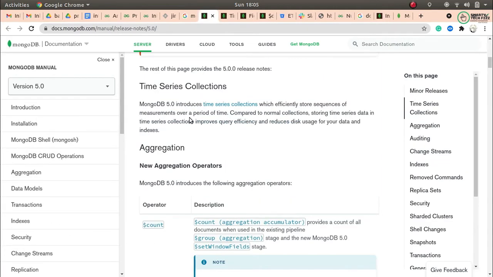I will not explain all the features, I'm just giving you a briefing, or you can say an overview, of some of the features that will be helpful for us in day-to-day life. There are other features too, but those are related to very high versions or high usage, and we are not going to use them.